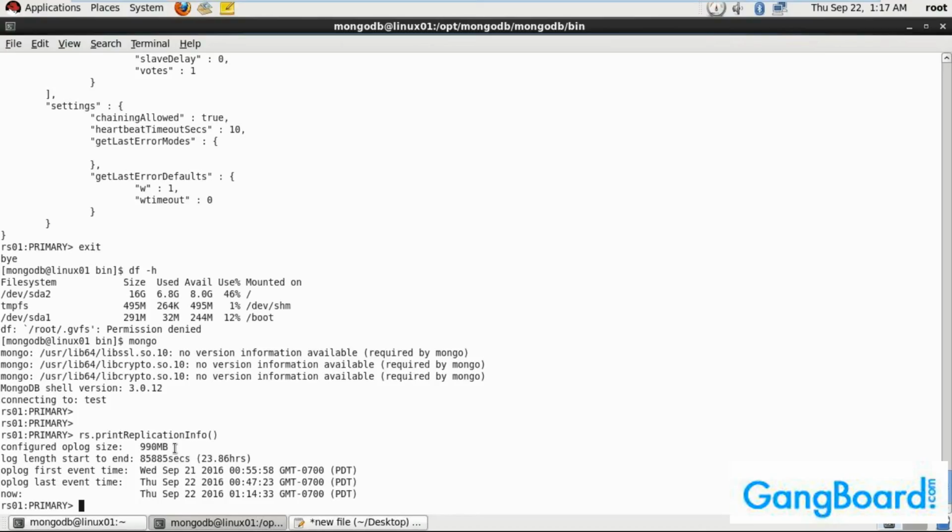If your Oplog has the operations, then secondaries are able to sync with the primary. If your Oplogs are overwritten, then your secondaries will not be able to sync with the primary. For that you need to have a big size of Oplog. So for changing the Oplog,